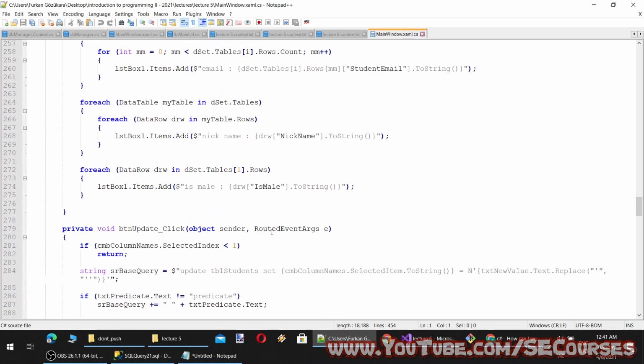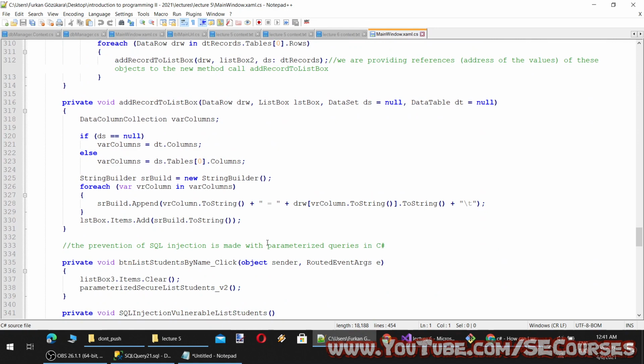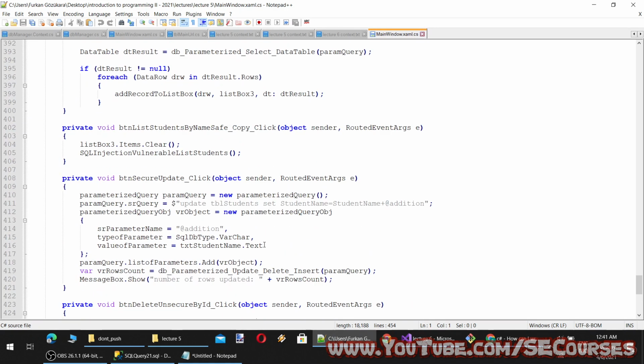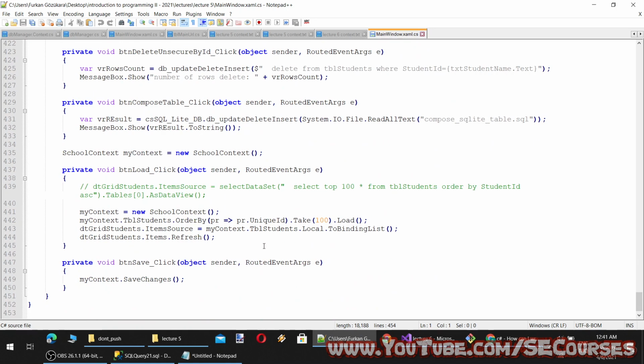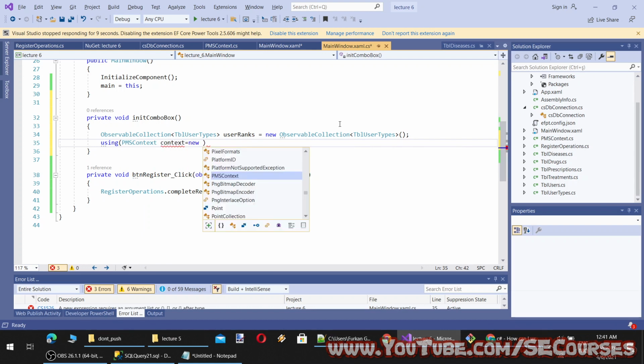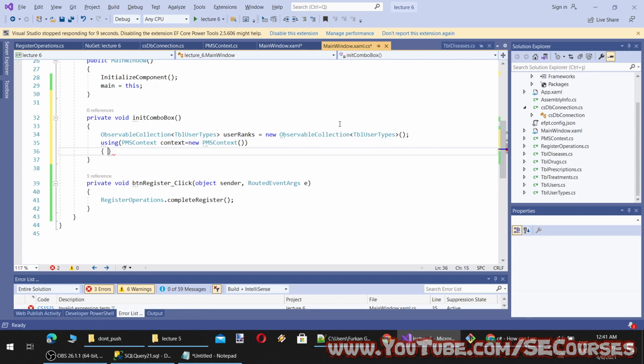Okay, so here, yeah, here. So it will be a context. Okay, using, so our context will be PMS context, or let's say context equal to new PMX context here.